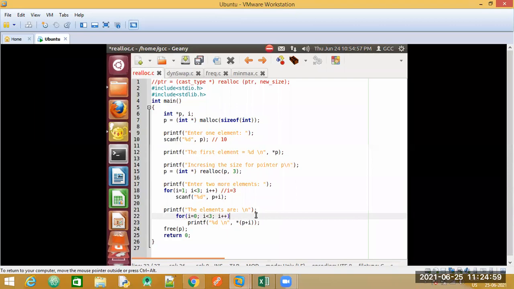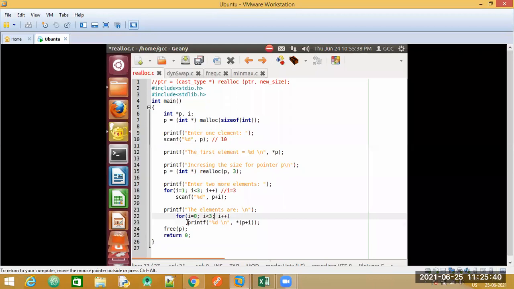And the next thing is the printf statement, we have just to display all the elements that we have accepted from the user. Then again we have a for loop. So totally now we are having 3 elements that we have accepted from the user. So all the 3 elements that are accepted need to be displayed. This time my loop begins from 0 and will go up till i less than 3. So it means the loop will execute 3 times when i is equal to 0, when i is equal to 1 and when i is equal to 2. The moment i becomes 3, the loop is terminated.